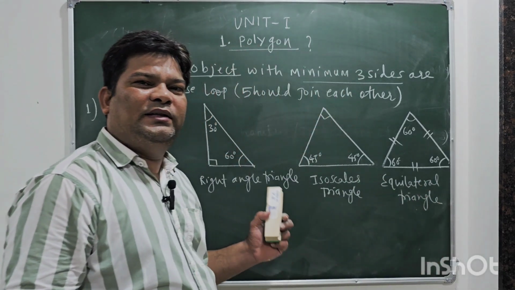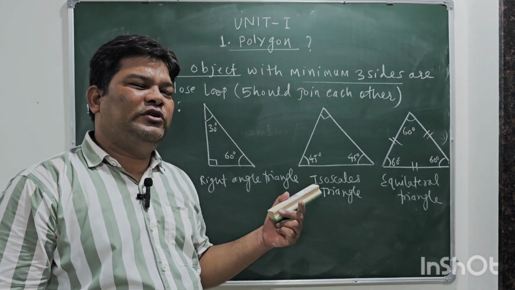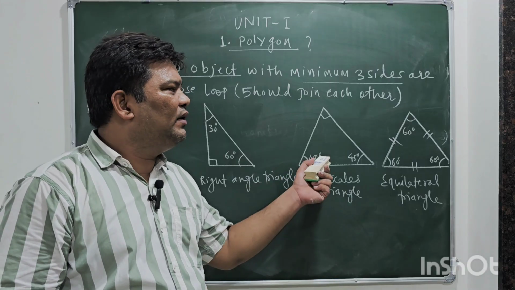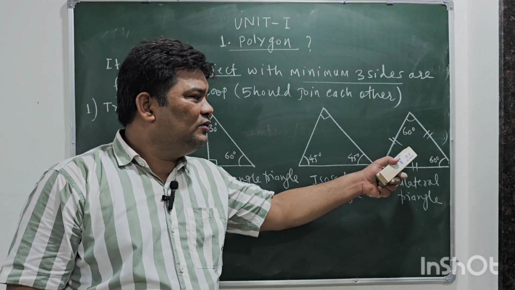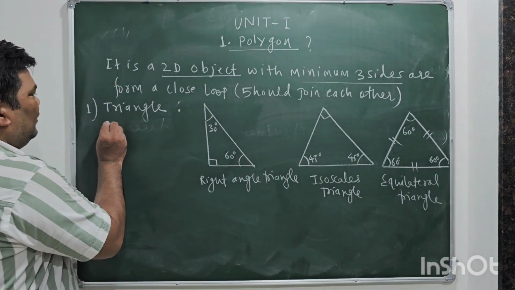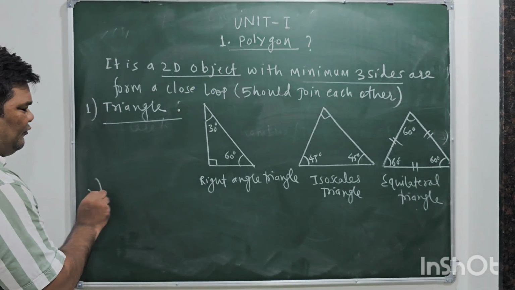The shape of the triangle is equally important in the projection of the planes, projection of the solids. Projection of the solid means a triangular prism or triangular pyramid. Okay. Isosceles triangle questions you generally see in the projection of the planes. Okay, these are the 3 main types of the triangles, and then we will see the square, how to draw